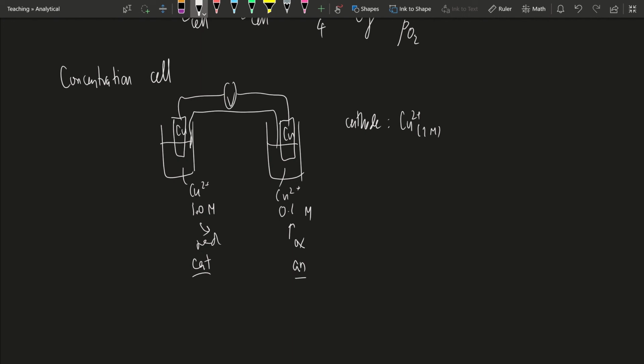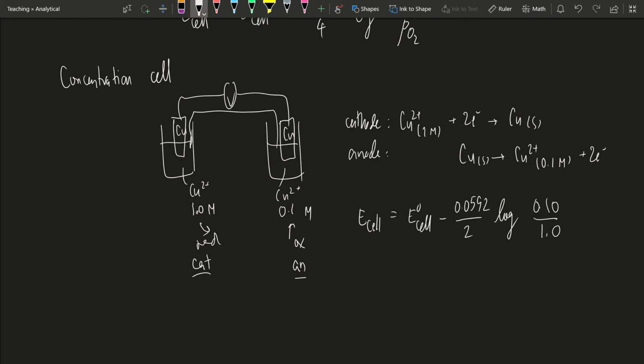So this is copper 2 at 1 molar, plus 2 electrons, and then you get copper. And the anode is just going to be the opposite one, which is copper solid, and you get copper ion, 0.1 molar, plus 2 electrons. So the E cell: the equation for this specific concentration cell is going to be this one, right? And for E cell, it is the same half cell, so the standard electrode potential is going to be the same. So this term is 0. So this is the equation, and you substitute the concentration, and you will get something like